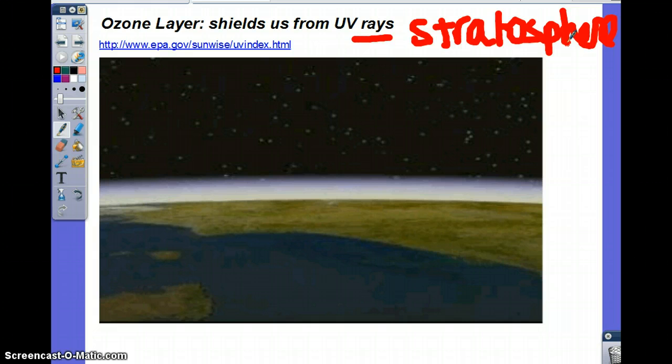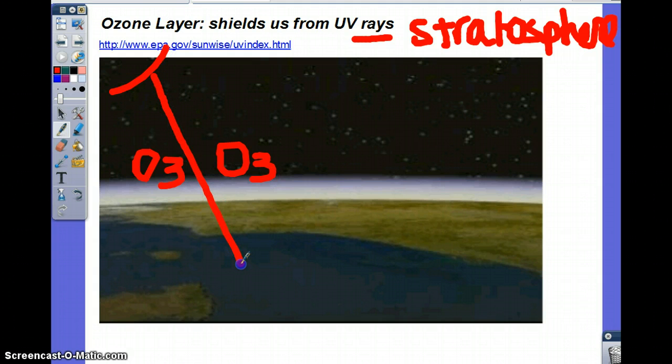Let's pretend this is ozone right here. UV rays coming down from the sun are going to come straight down if there's not an ozone molecule. Versus if it goes through ozone, it's kind of torn apart and weakened, okay? So ozone is like the sunblock that's naturally occurring on Earth, and because of our activities, we've made a hole in it and we're causing UV rays to come straight down.